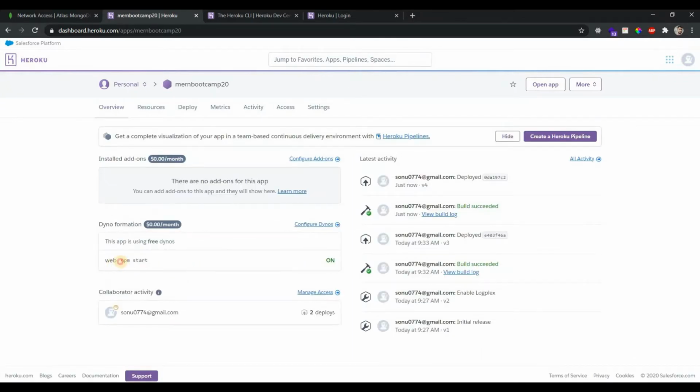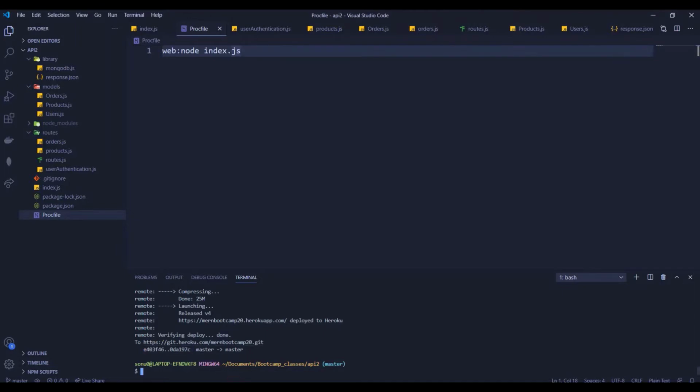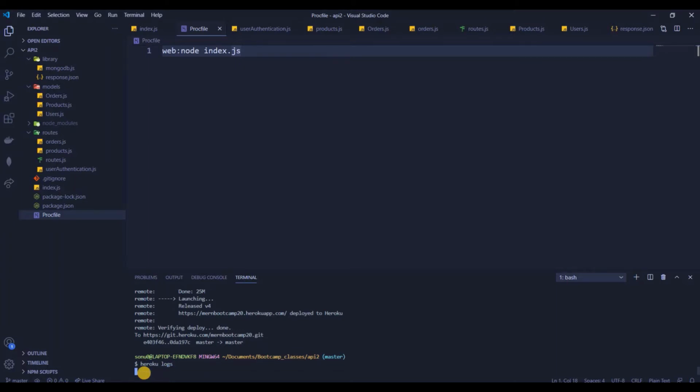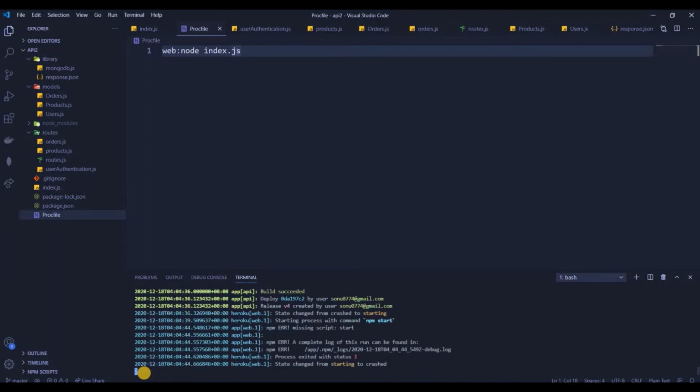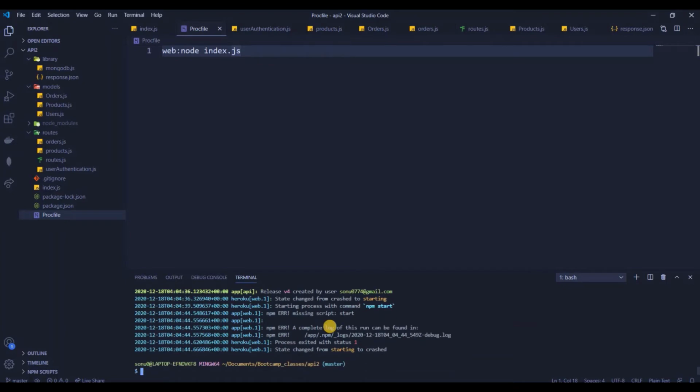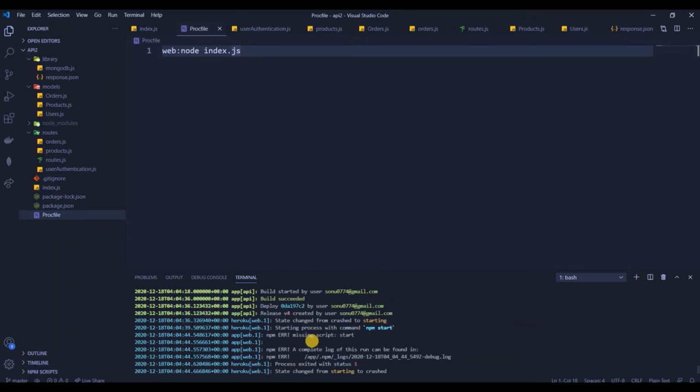See, it's again showing npm start. That's fine. We'll try to check that by doing heroku logs. So once we do heroku logs, over here in npm, it is basically taking it from npm start.